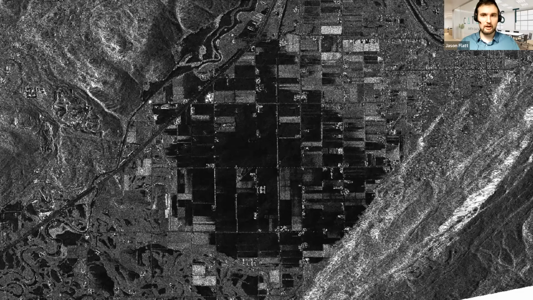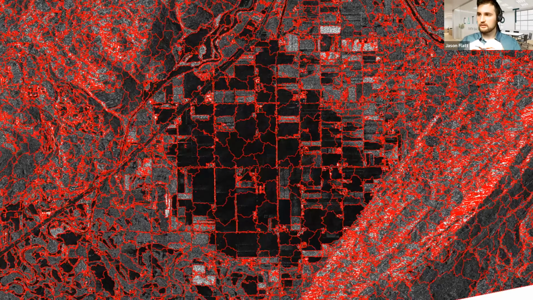So here's just an example. Here is RCM imagery, radar imagery, over the Vancouver floods that occurred recently, last year, and all those dark areas where you see some agricultural fields, that's all flooded. And so how can we process this? Next slide, please. So creating these objects across the imagery, these region growings, you can see all those different polygons. Each one is an object, and then we can collect underlying statistics.